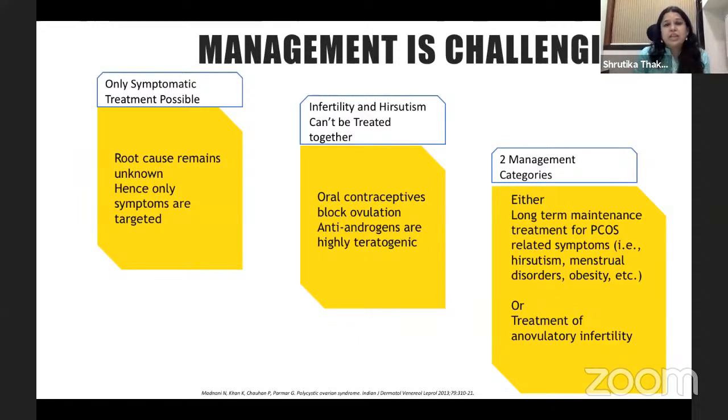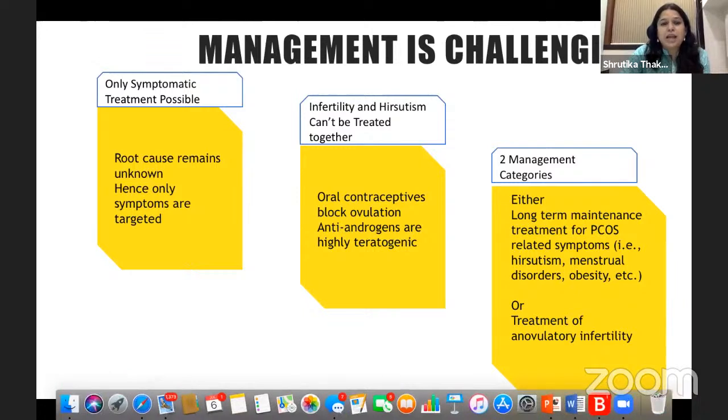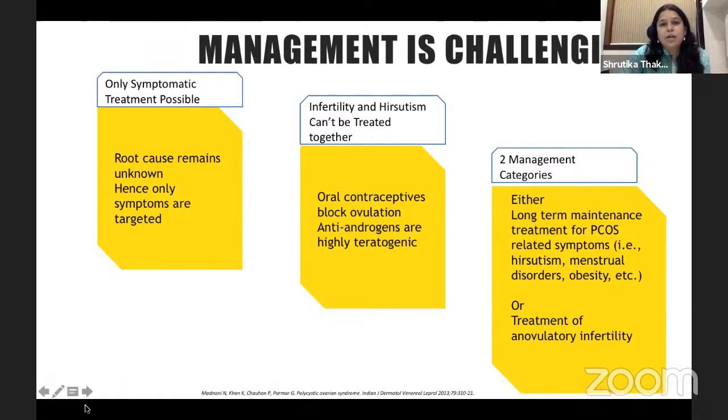Is she a middle-aged female who wants fertility? Is it a secondary infertility patient who wants to have her child? Is it a young girl who is affected by hirsutism on her face, or is it an older lady who is having irregular periods and who is at risk of endometrial hyperplasia and endometrial cancer? So kind of identifying